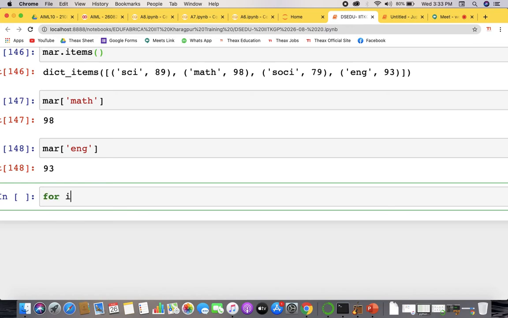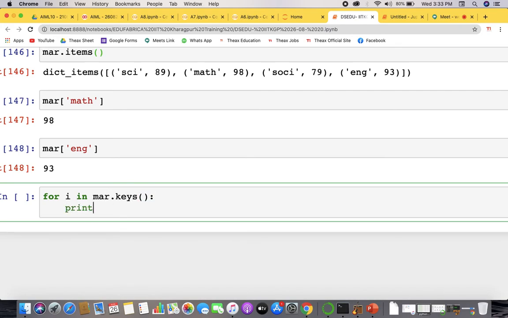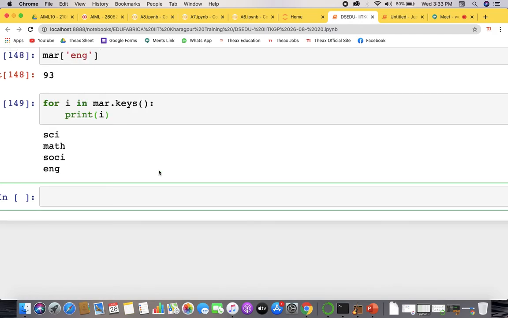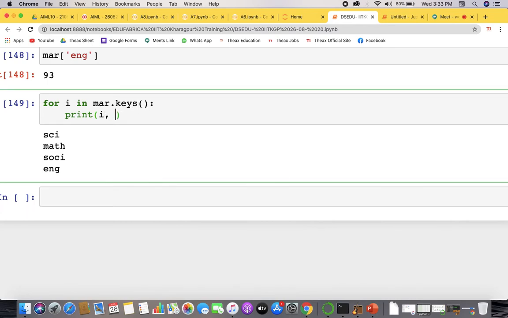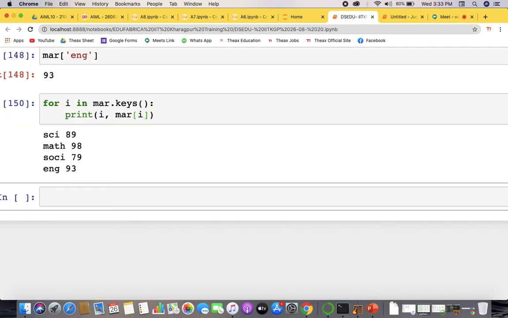When you apply for i in marks.keys() and you want to find all the keys, you just print this i, and you could look at there. These are the keys, right? Similarly, if you want the values too, you can write i and then marks of this i, and you could find the marks.